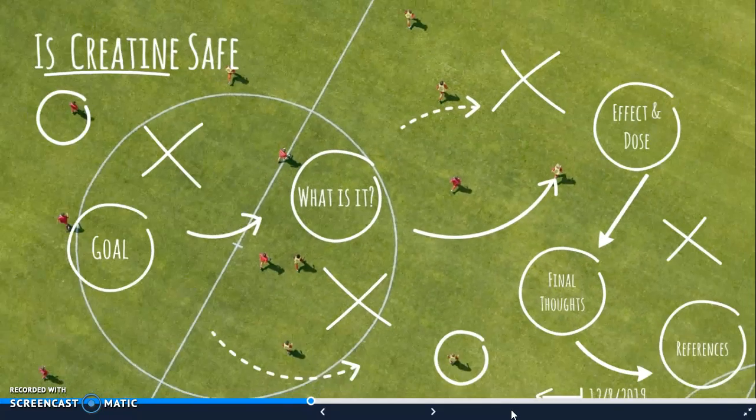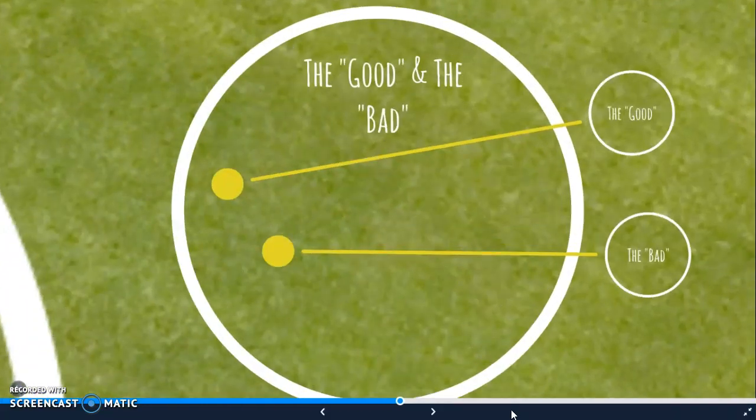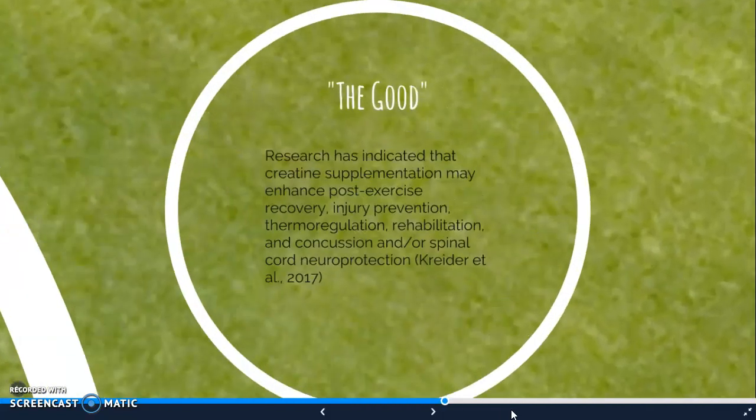Next, we'll talk about the effects and dose. So there can be a lot of confusion about creatine, so hopefully in this section I can add a little bit of truth to it. We're going to go over the good and the bad. The good, research has indicated that creatine supplementation may enhance post-exercise recovery, injury prevention, thermoregulation, rehabilitation, and concussion or spinal